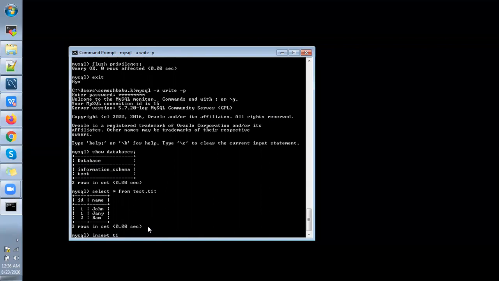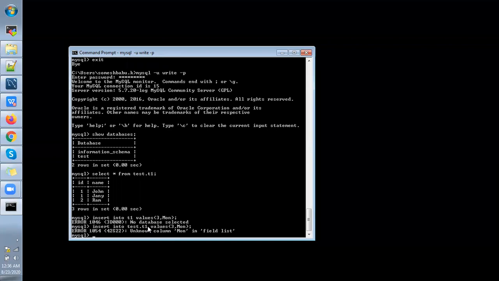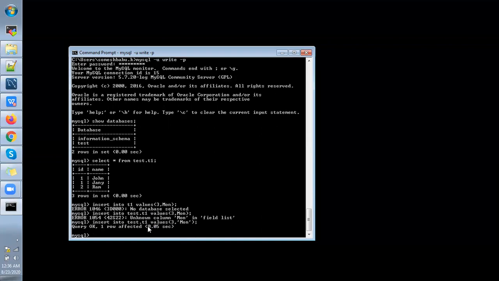Insert into T1 values 3, mention in single quote, say entered.